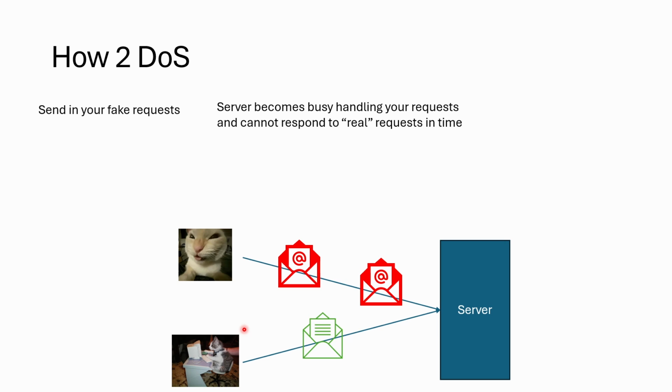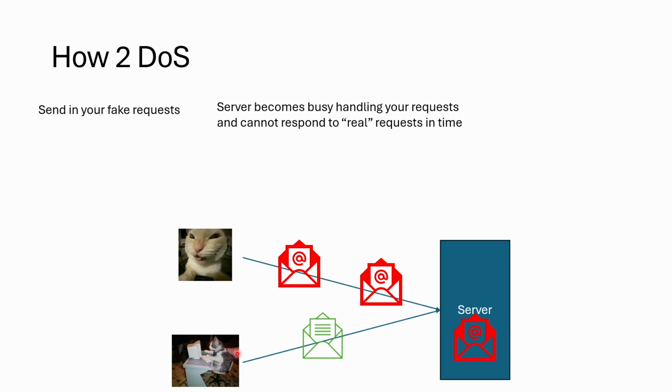Okay, and eventually, if this evil cat sends enough requests, the server becomes too busy handling the requests of evil cat and can't respond to legitimate cat. And so then legitimate cat's requests are not going to get handled in time, and maybe legitimate cat will time out, and